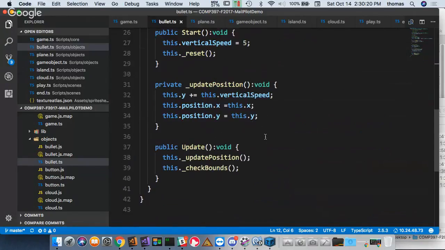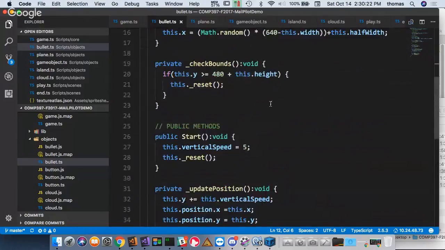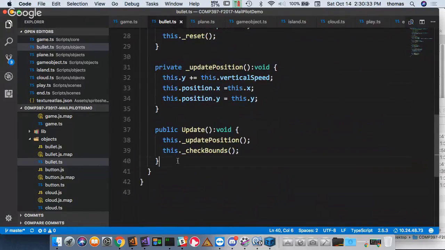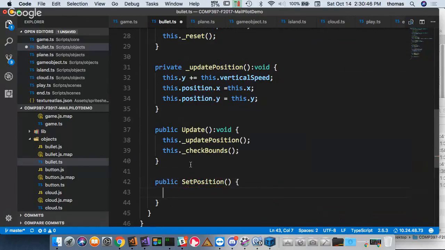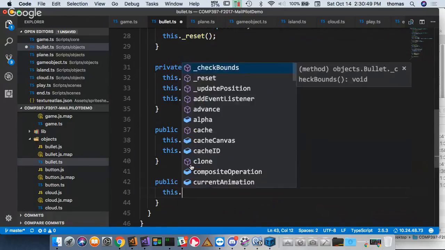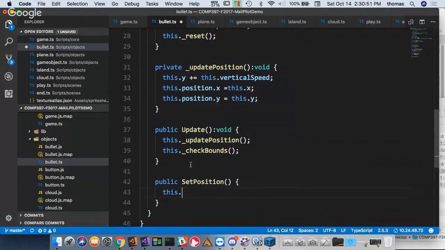Which means we need some kind of set position method that we're going to make public so that the position of the bullet can be set by the player. That's the best way to do it, in my opinion. So I'm going to go in here and underneath public, I'm going to make this new public setPosition method. Again, you can also make a setter and getter for position, but setPosition is what I want to use here. And I want to say that this.x